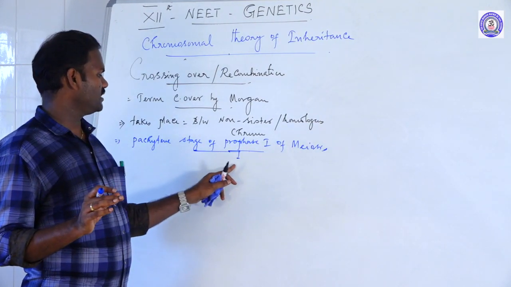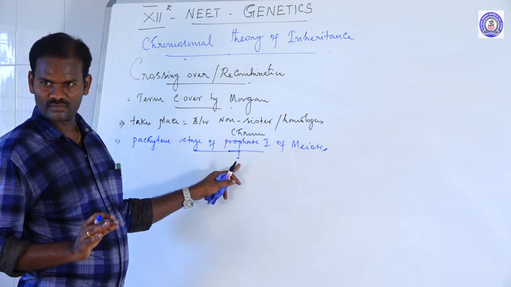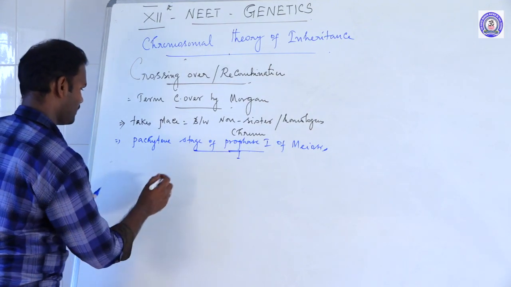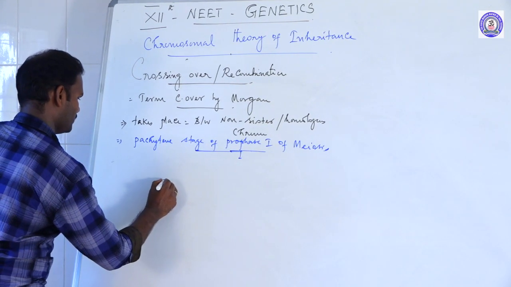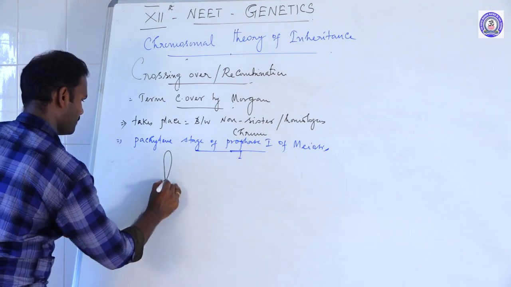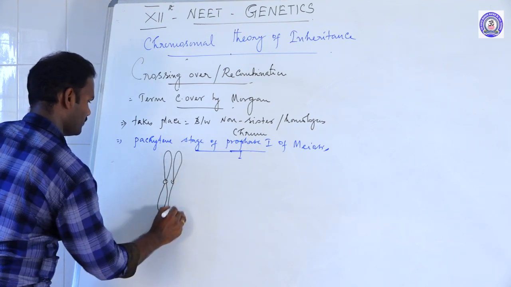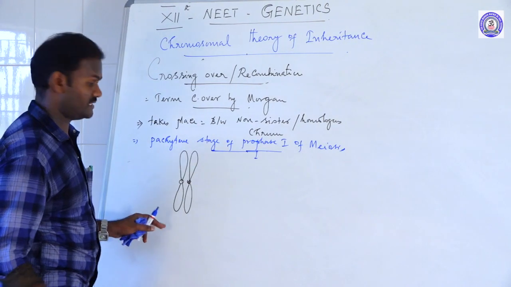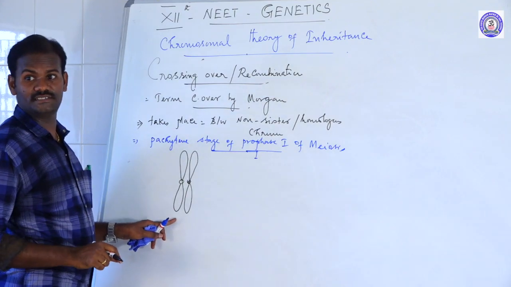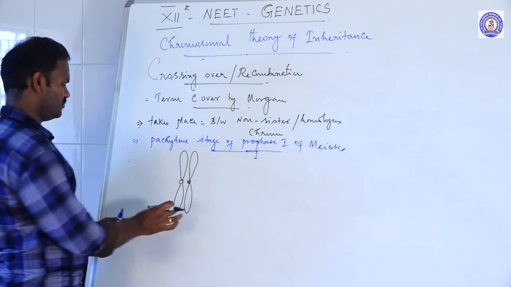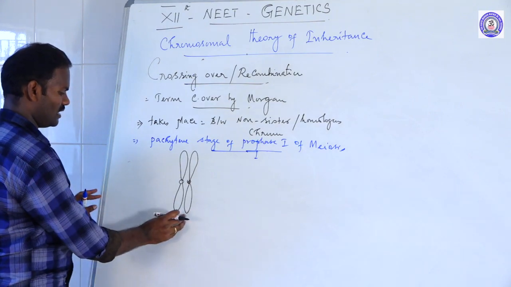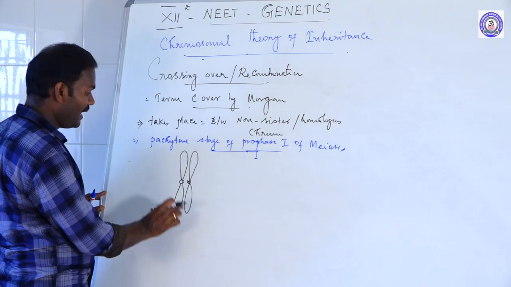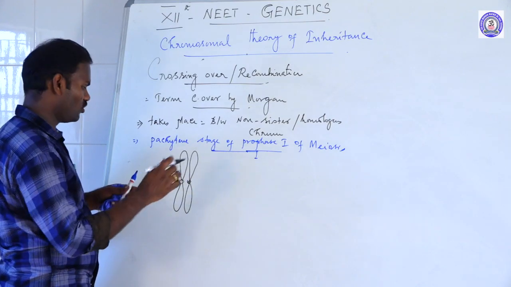In the first, leptotene stage, chromosomes appear. Second, the zygotene stage, pairing of homologous chromosomes. The two homologous chromosomes pair together by the process called synapsis, so synapsis takes place in the zygotene stage. As a result of pairing, bivalent chromosomes are formed. But in the pachytene stage, tetrads are formed, with 4 chromatids.